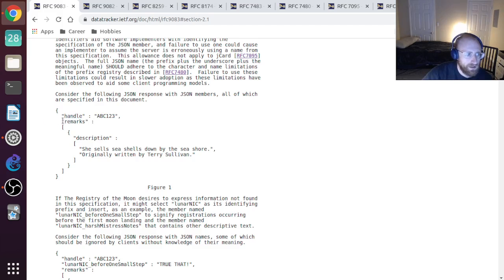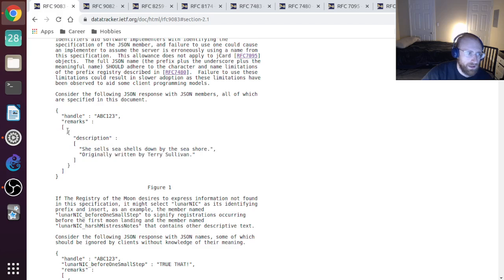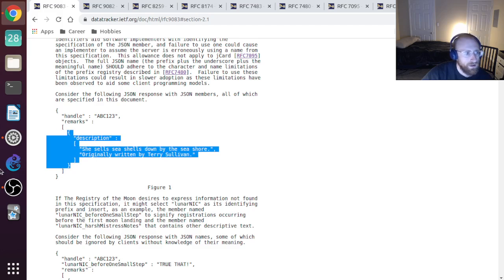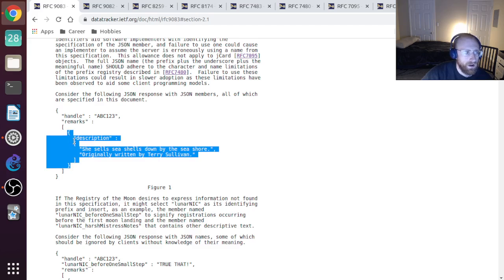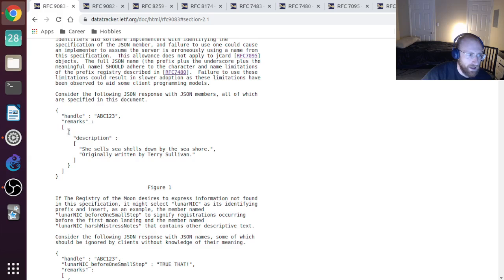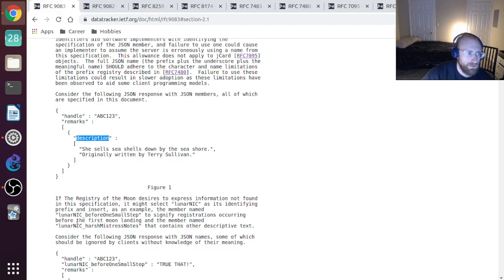We've got a second key value pair here. The key is remarks, and then the value is a list. You can see the list begins here and ends there, and within the list there is one element, and that element is another JSON object. So within this JSON object, we have one key here named description, and then this key has